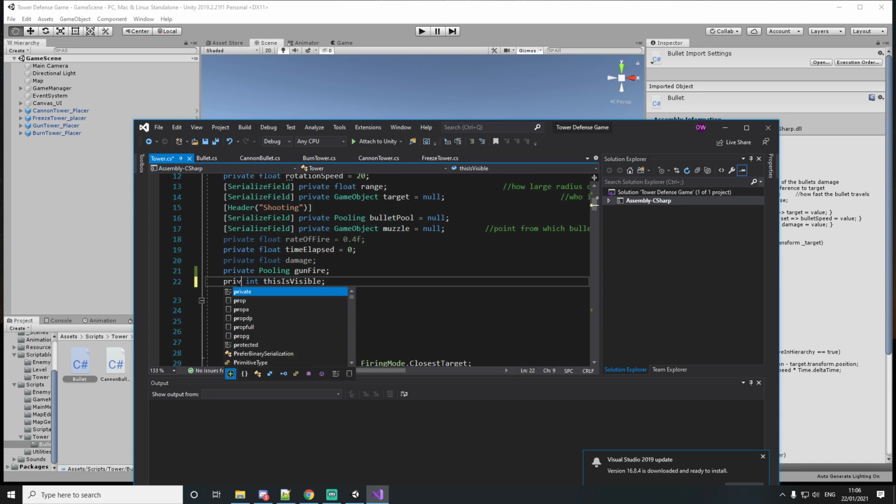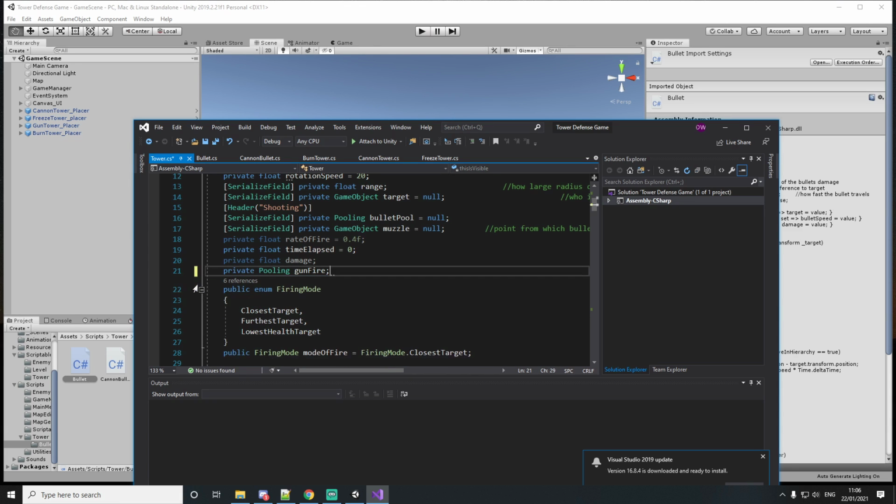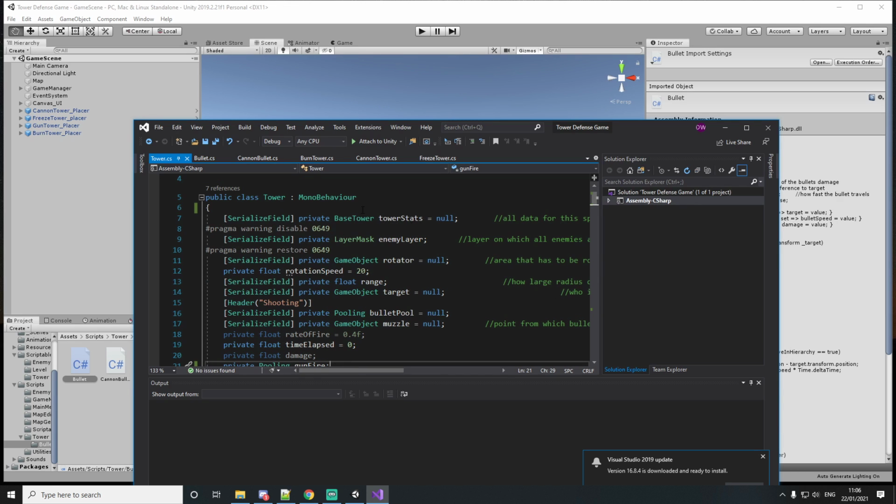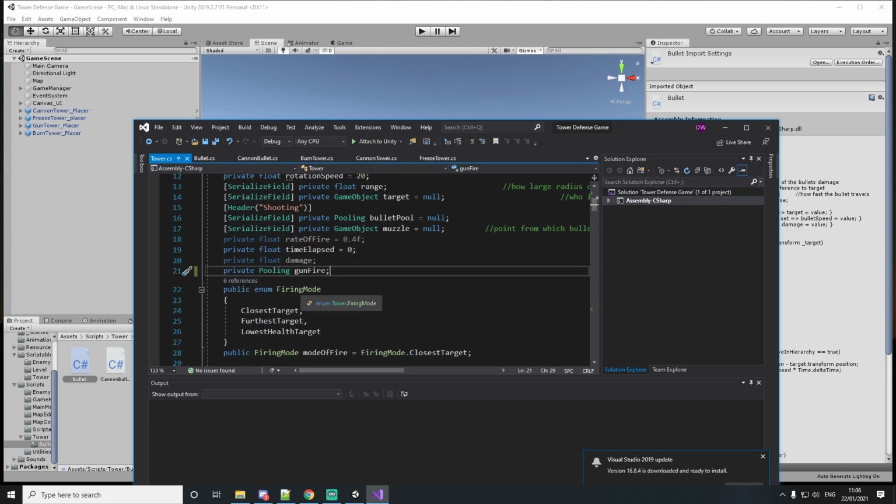But if I change it to private, I can't because it's private. It's as simple as that. That's why you always want to make everything private unless it has to be public. So anything that will not be used by a different class is private. Anything that you use in a different class is public. There is also protected, but